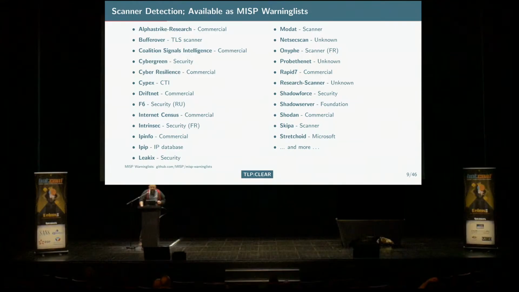So you know a lot of them, Onyphe, Rapid7, and so on. But we learned that there are some Russian scanners also, F6, Intrinsec, which is a French company. They do scan a lot. Not so, we will see. So this is quite useful because you could remove that. If you are a SOC operator, you are quite happy to see and to know that it's a known scanner. Okay? Because one of the problems is that more than often, customers want that you have the detection in the front, which is completely stupid, but that's another subject.